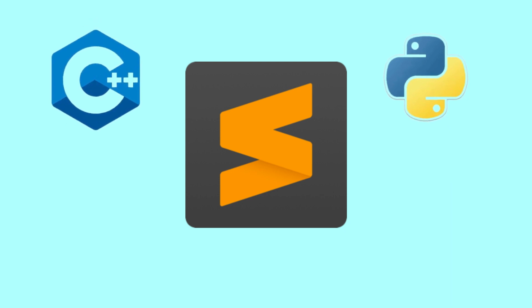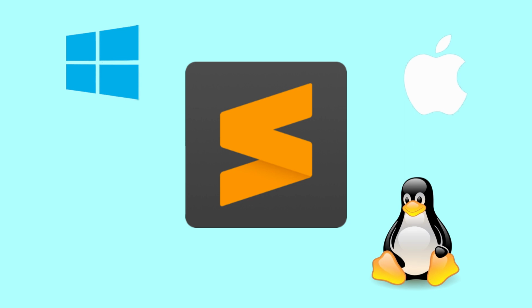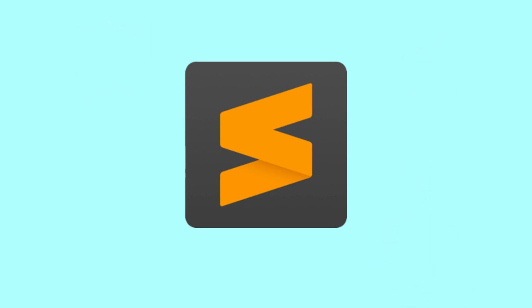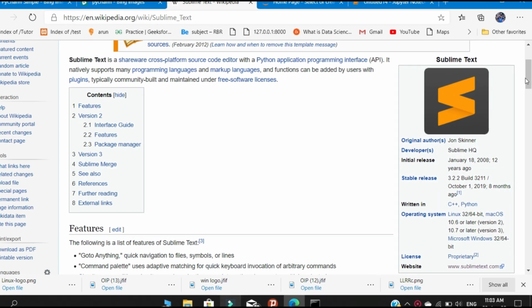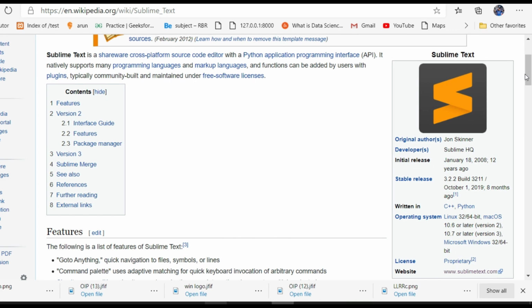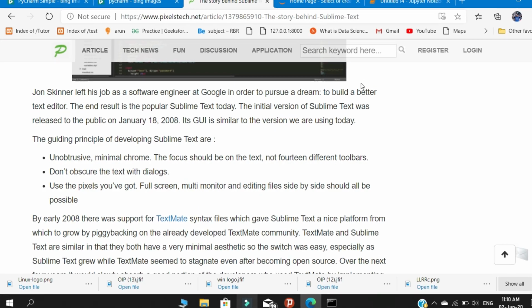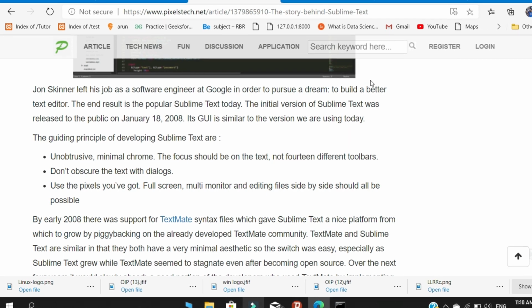And the fourth one is Sublime Text. Sublime Text is a text editor written in C++ and Python, and it is available on Windows, Mac and Linux. There is a small history behind this text editor's development. You need to go back to 2007, when its creator Jon Skinner quit his job at Google in order to pursue one of his dreams.